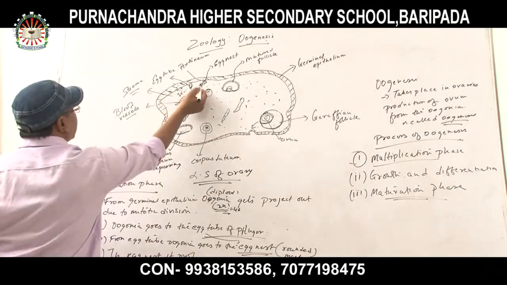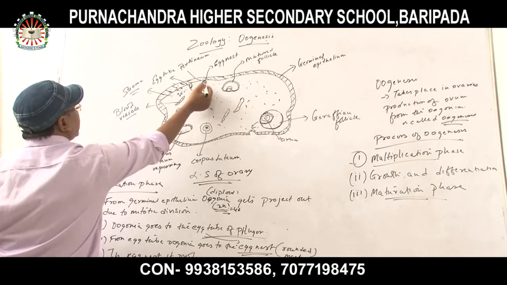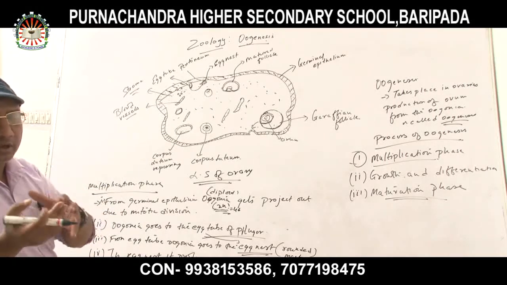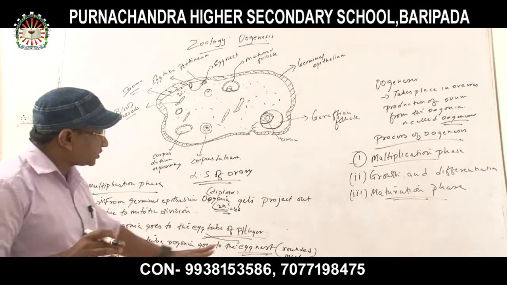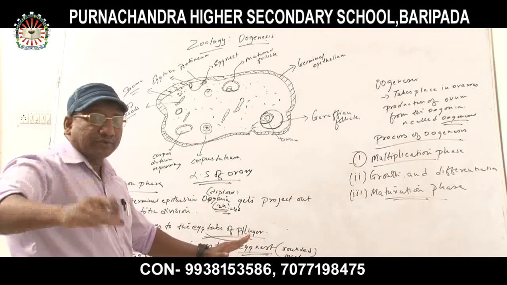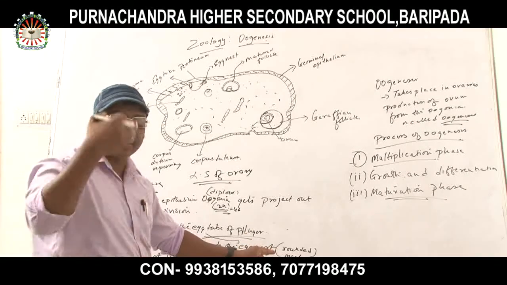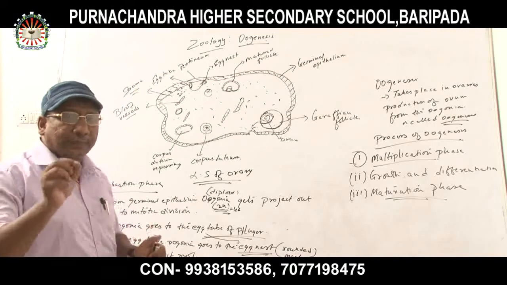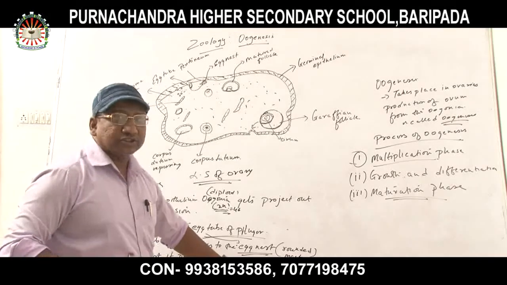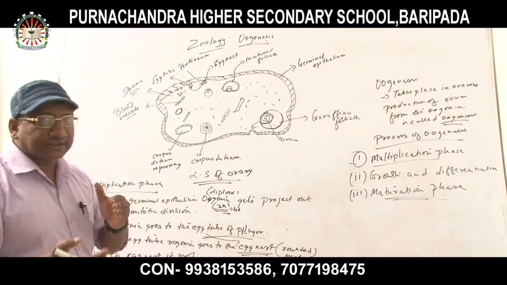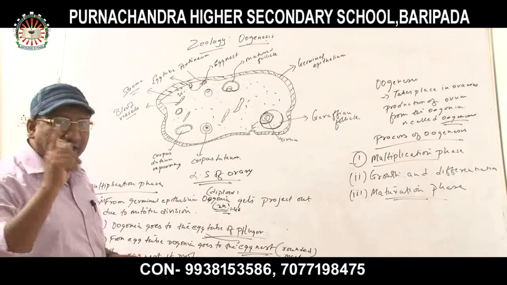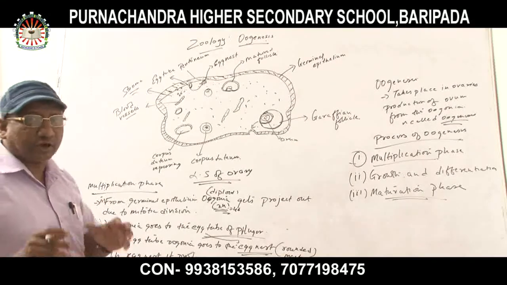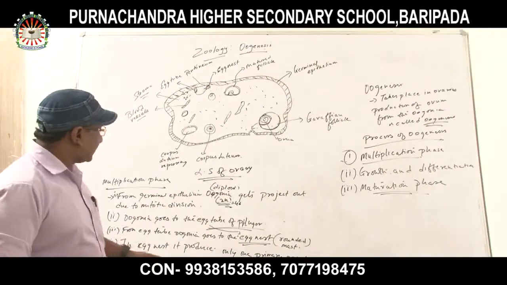At the same time, many primary oocytes are also produced in the egg nest, but only one primary oocyte is further developing into an ovum. The other primary oocytes lack the efficiency to produce an ovum. Many types of primary oocytes are produced, but only one has the function to produce an ovum, and the rest are not functional. In the egg nest, it produces only one functional primary oocyte.